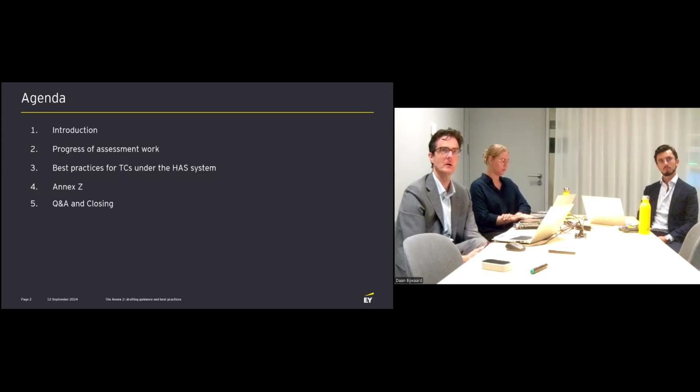Subsequently, we will give some general best practices for technical committees. So this relates to meeting requests, for example. And then we will come to the main part. So that's the good practices on drafting Annex Z